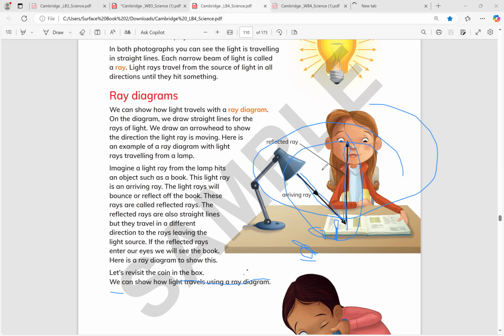Light. Well, it is known as to show how light moves. For example, you move here and then it reflects the ray and it comes to your eye. Now, we're drawing an arrowhead to show the direction of the light ray, and also that the light ray is moving. So there are a bunch of ways that a light ray could move, but this is one way. Another way could just be this, or it could just be this. There's a lot of ways that a light ray could do. We just draw the one.